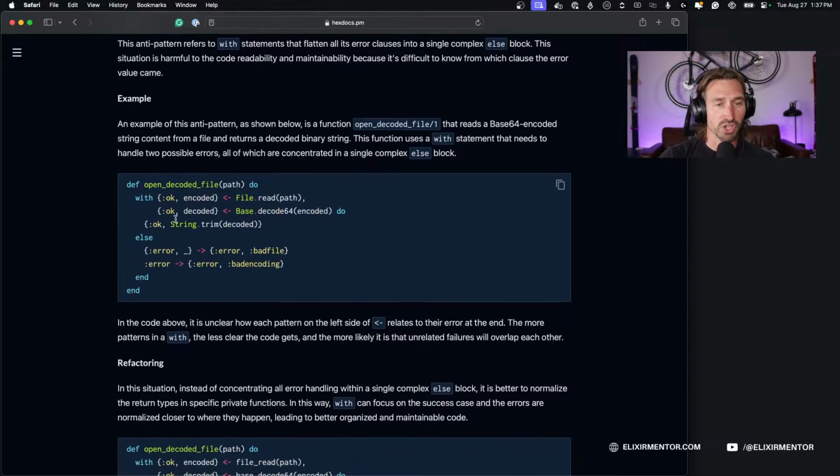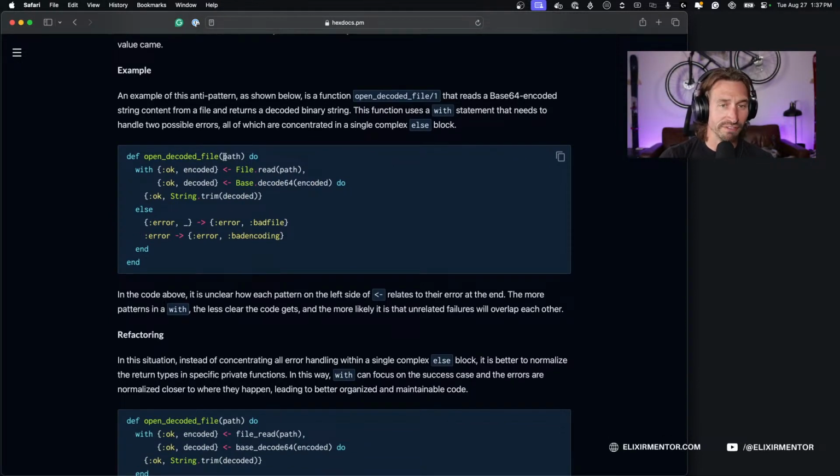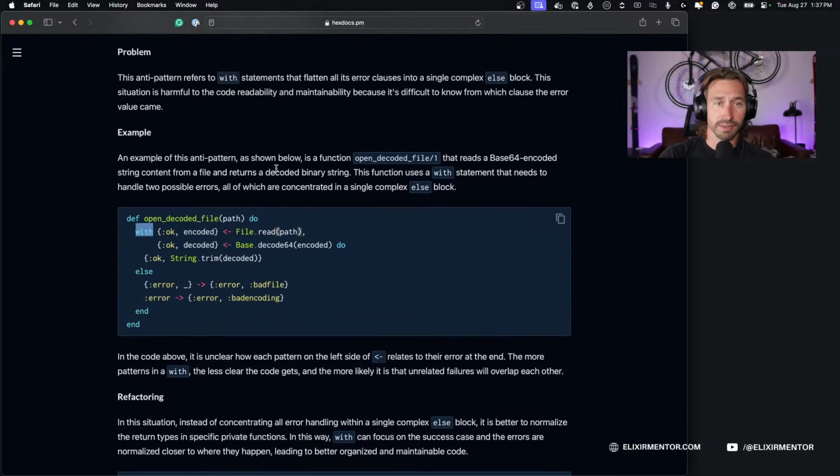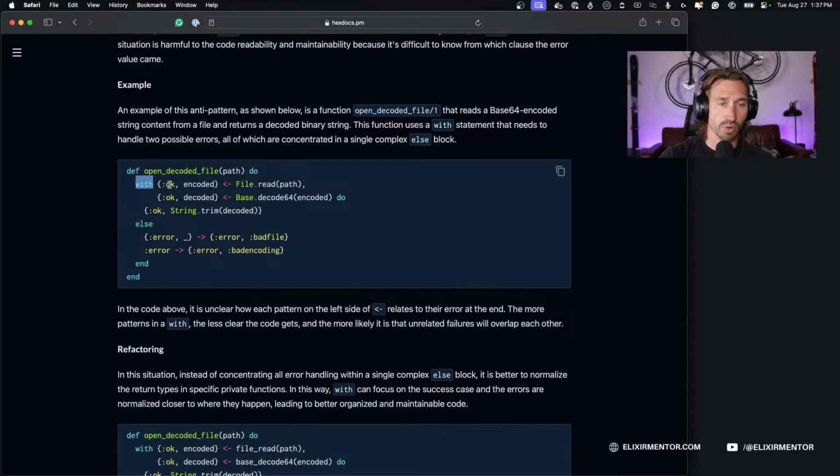All right, so we have a function here called open decoded file. We're passing a path into that file. That makes sense. And then we're using a with statement. So what's happening here is, okay, it's going to do this function, and then it's going to do this function next. What's nice with withs is we can take encoded and pass it into here. But the problem with this is if we get an error back at any time in this, it just goes to this else statement. And so in this case,